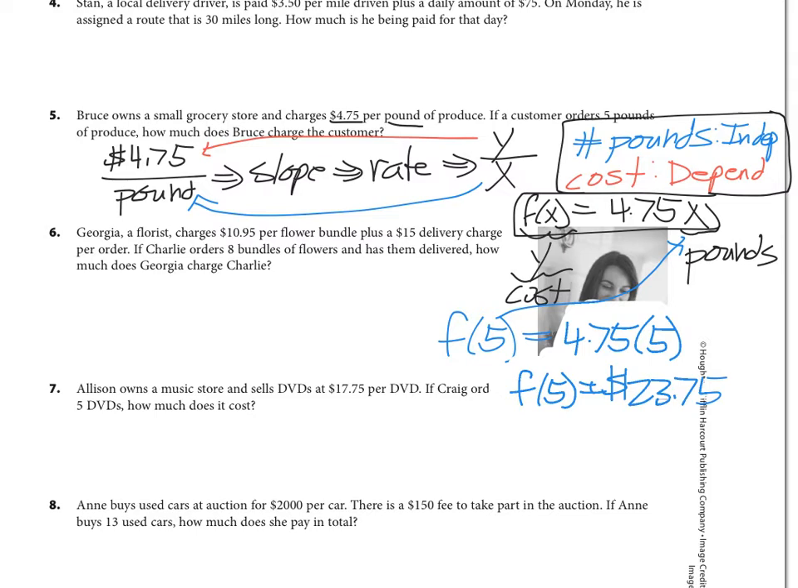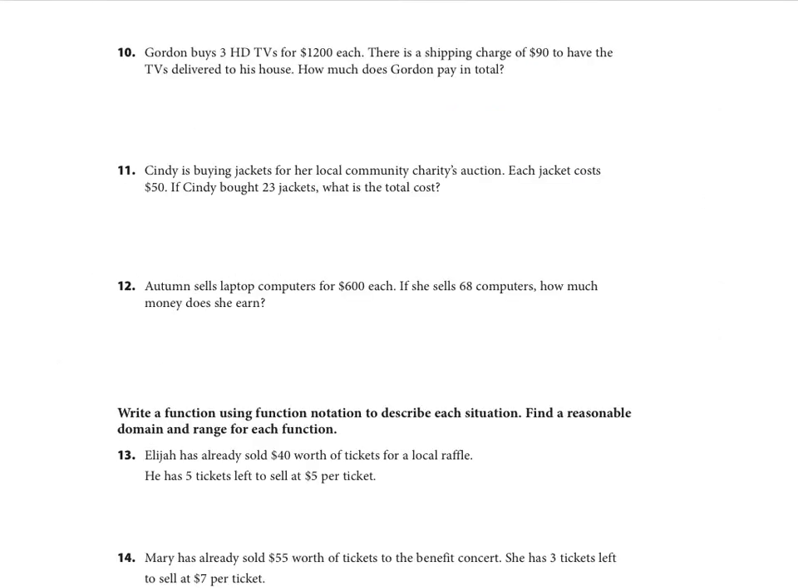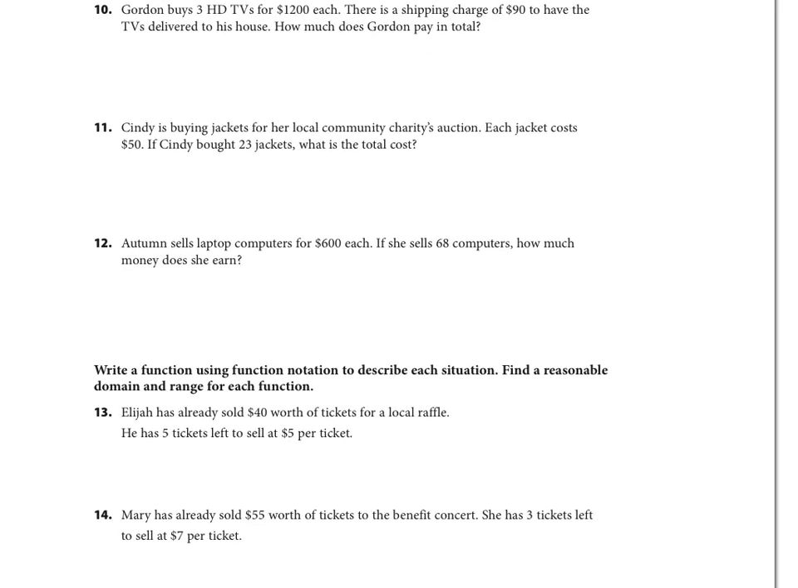Okay, let's go down to problem number 11. Actually, next page, sorry. Cindy is buying jackets for her local community's charity auction. Each jacket costs $50. Okay, so right here, each jacket costs $50. Each jacket. So what's that mean? It's $50 per jacket. So there's our slope again. $50